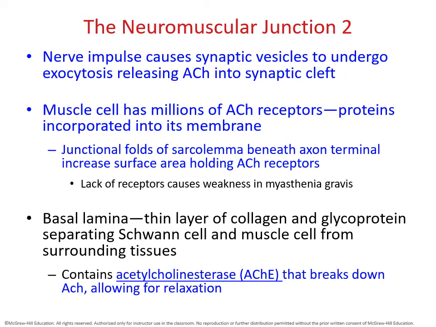All right, so it says right here, the nerve impulse coming down the axon will release the synaptic vesicles. Those are those little green structures we saw in the knob, and it's going to release acetylcholine into the synaptic cleft. Remember, that's the opening between the axon and the sarcolemma. The synaptic cleft will allow the acetylcholine to travel over to their receptors. These receptors are embedded within the sarcolemma. And the sarcolemma, in order to increase its surface area so it can accommodate more receptors, will have junctional folds.